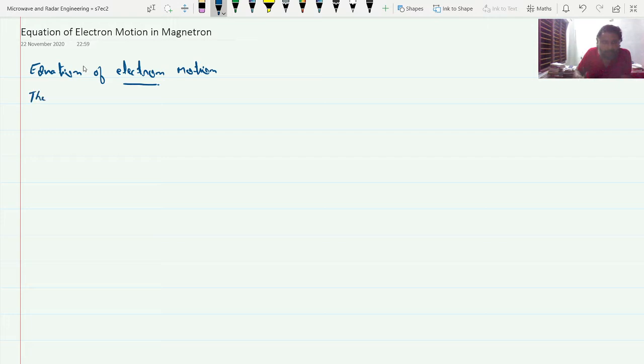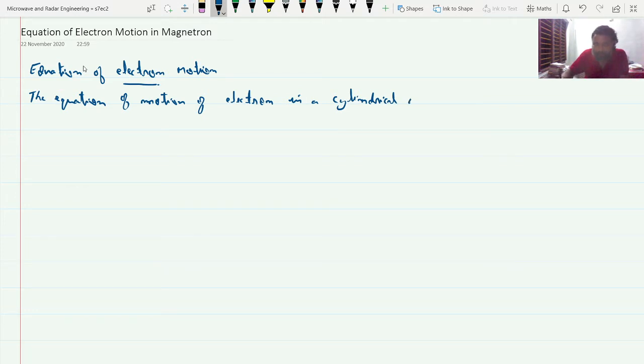First of all, I write the equation of motion of an electron in a cylindrical magnetron, which can be written as